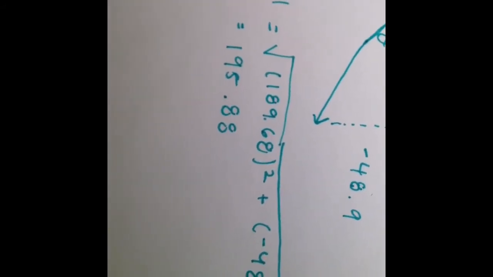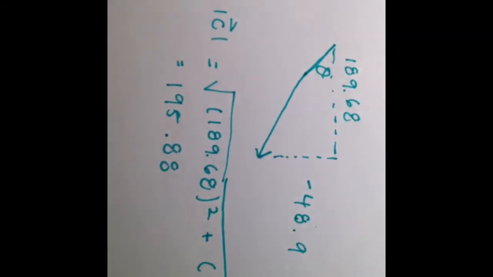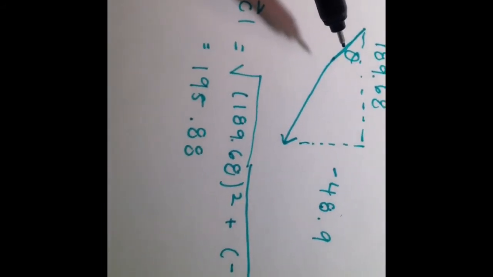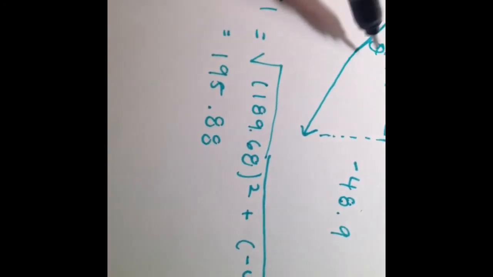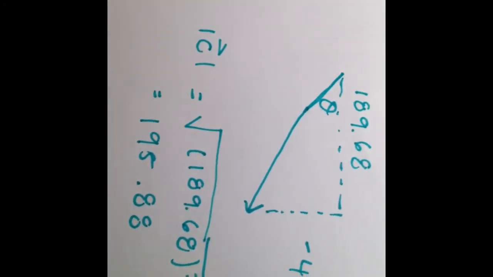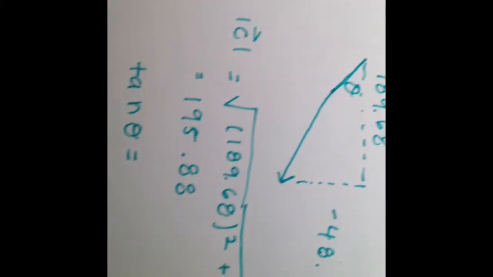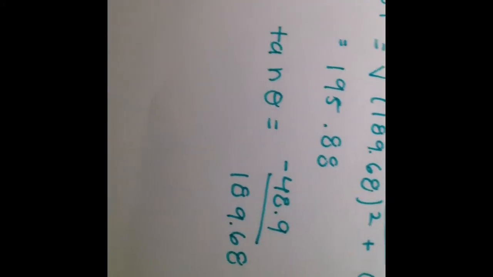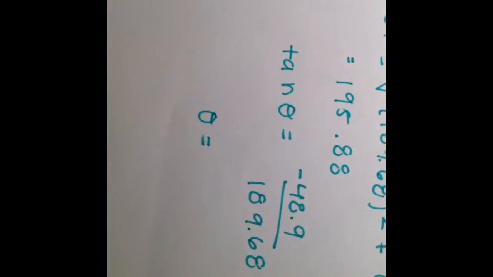And the second thing you have to find is the direction. So direction is going to be in degrees, so you're solving for theta. If you look at the two given legs that you have, you can use the tangent formula. Tangent of theta is equal to opposite over adjacent. So here's your opposite and there's your adjacent. You plug that in, negative 48.9 over 189.68. And if you do inverse tangent with your calculator, you'll be able to solve for theta. And theta you'll get negative